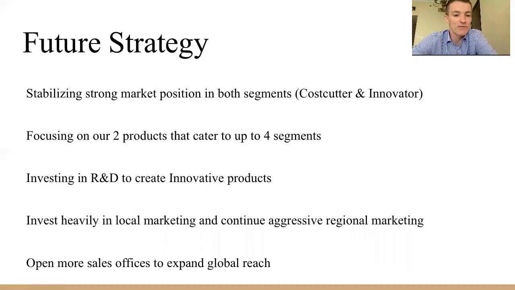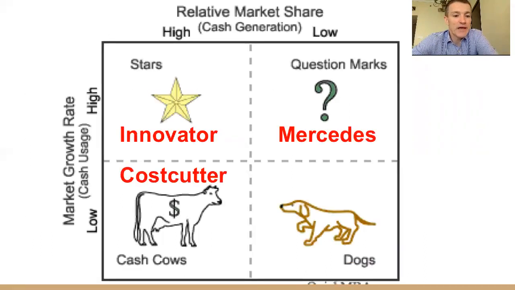The visual here is okay, but I think you need to be able to justify why is the cost cutter in the cash cow? Do you really understand the definition of what a cash cow is? But I think this was good. I like the visual. I think it was a good one to use. I'm not sure how many products you actually have. Maybe this is more for the product stocks themselves as much as the categories, but that's open for interpretation.